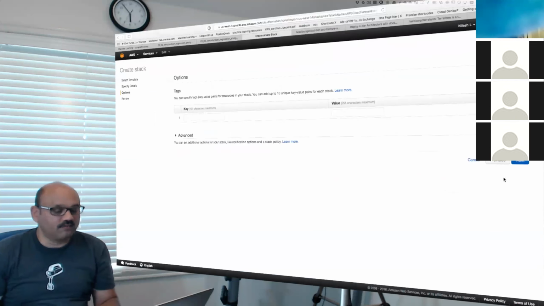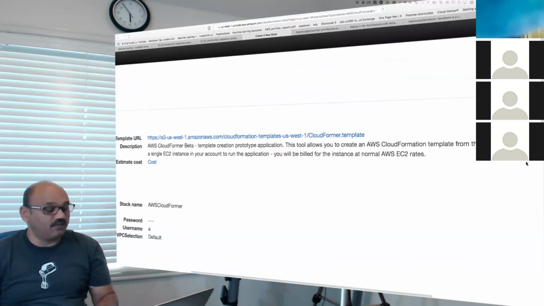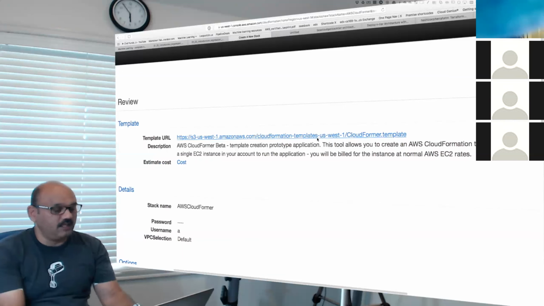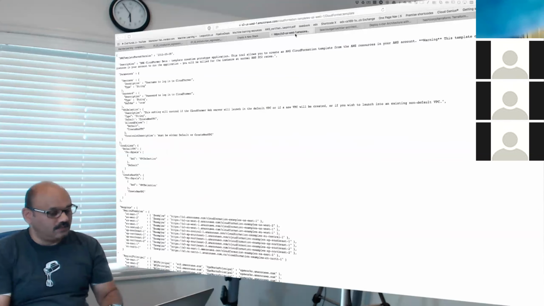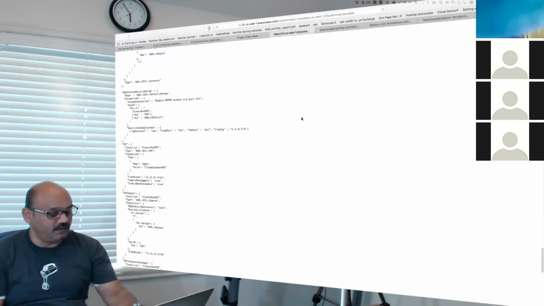let me just quickly check. Here it is suggesting that we have to have a key pair and a key and a value. We don't need to set anything here. And I will then go to the next section, which is where we have this review page. On this review page, we have chosen to run our CloudFormer template. This one. This, by the way, is a JSON template, as you can see here. It's the template to design a CloudFormer machine.